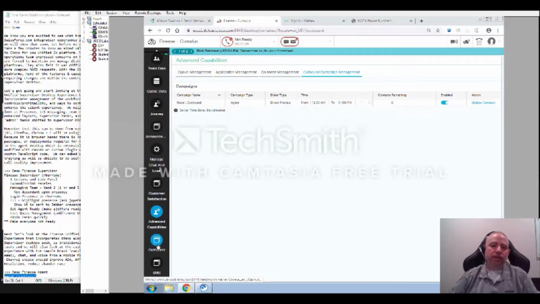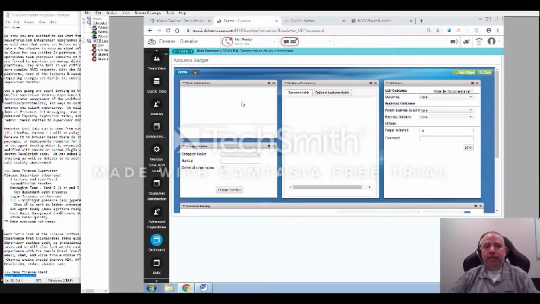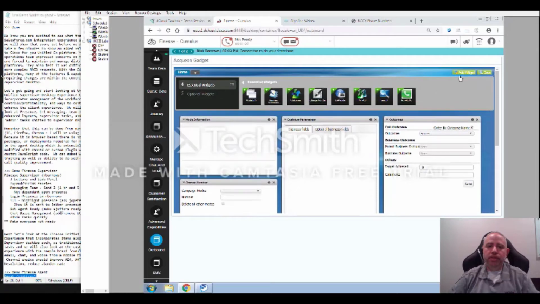And then if you wanted to look at some of the outbound Acqueon gadgets, you can modify it, and I could look at this call that came out, run that, and I want to see the outcomes ordered by customer name. It's saved. I can then add this widget and post it. Excuse me, this isn't what I thought it was. From here, I can add widgets